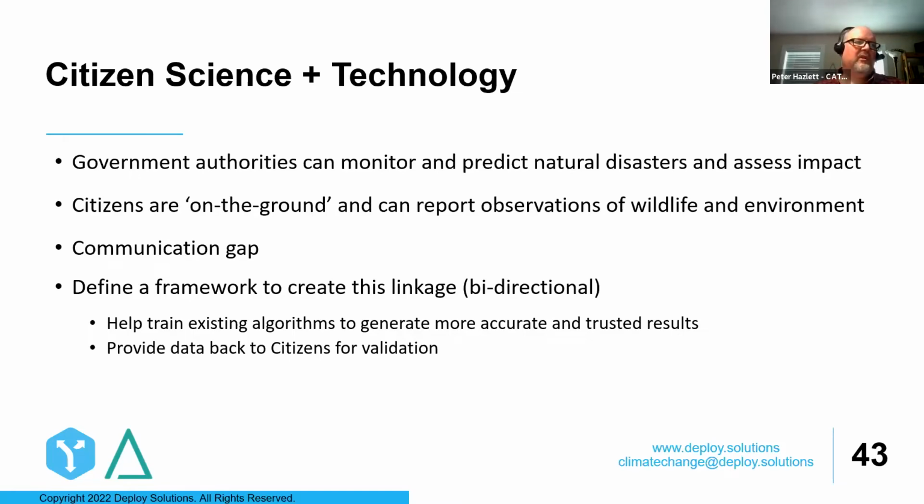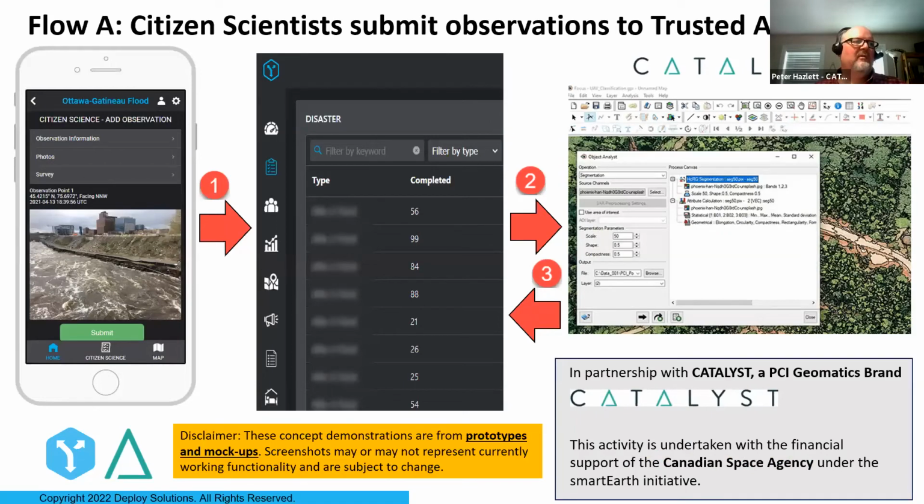So looking a little bit at the workflow we're talking about, the citizen scientist sends their observations to the portal. Deploy is doing a great job of standardizing and validating that information that comes in and the metadata that comes with it.